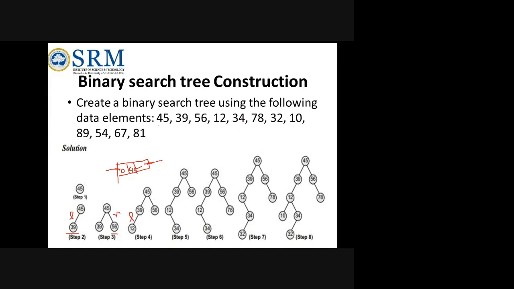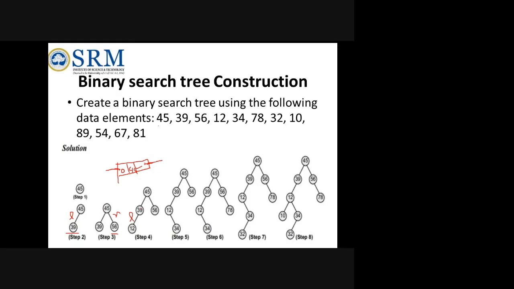Next 34 comes. Now again in this step you have to compare. 34 is compared with 45. It is lesser. Then it is compared with 39. Listen carefully now. 34 is compared with 39.